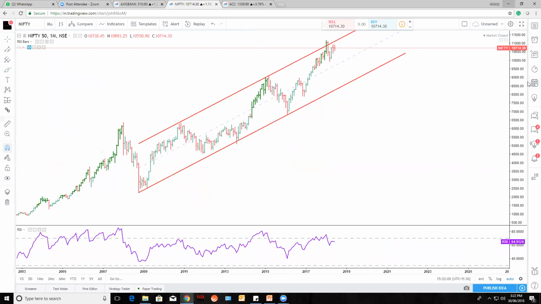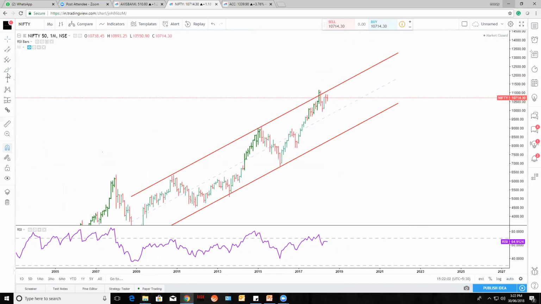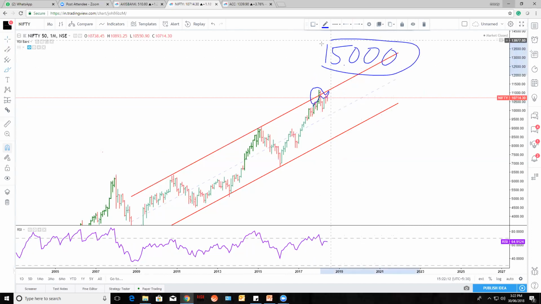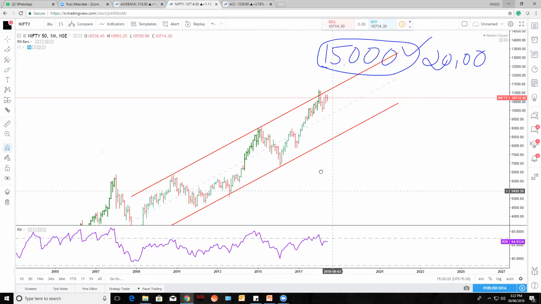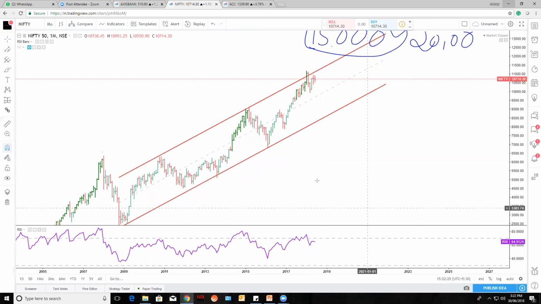See, when there was an 11,000 level, everyone was saying that okay, at 11,000 now the market will go to 15,000, right? You might have heard that. Now nobody is going to stop the Indian market. It will go to the 15,000 level or even 20,000 level. There was talk in the market when the price was hitting 11,000, right? You might have heard it at that particular time. But see what the channel is saying to you. What is the rule here?